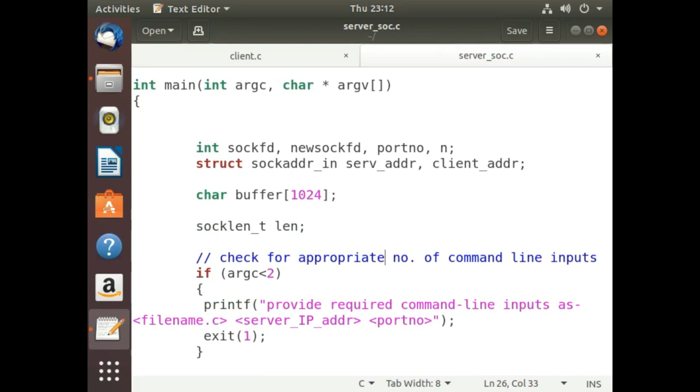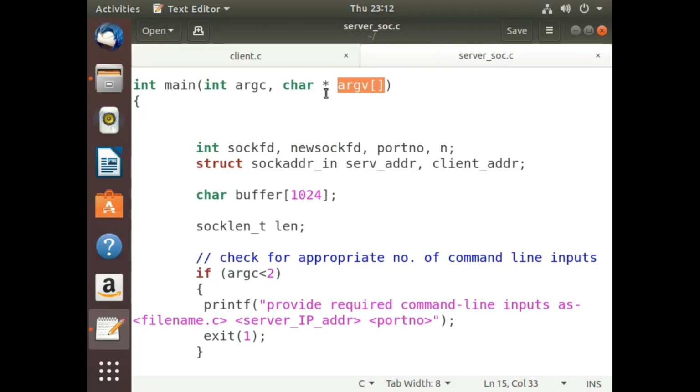Now you must be knowing that command line arguments are by default stored in this vector argv, which is of a character pointer type, and all the arguments that we pass from the command line are stored in string format. No matter whether it is numeric or text, all are stored in string form.